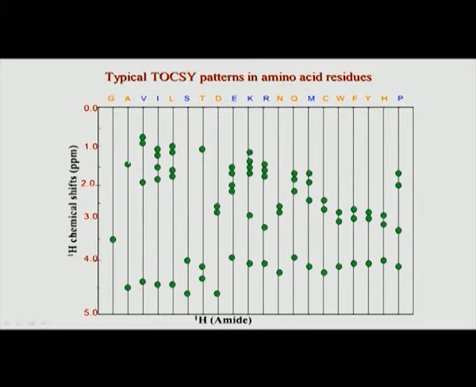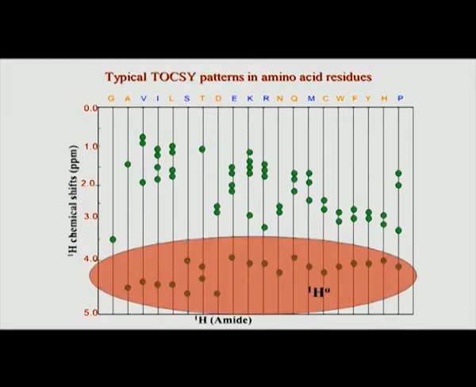Alanine gives a very clear-cut peak at 1.5 ppm and the alpha region at 4.5 or sometimes even at 4. So, different amino acids have different characteristic patterns. What we do next is, given the 2D TOCSY spectrum, we have to identify the different spin systems in the peptide. Remember a peptide is composed of a sequence of amino acids, and each amino acid, as we saw, can be denoted as a spin system. So, that is what we will do.